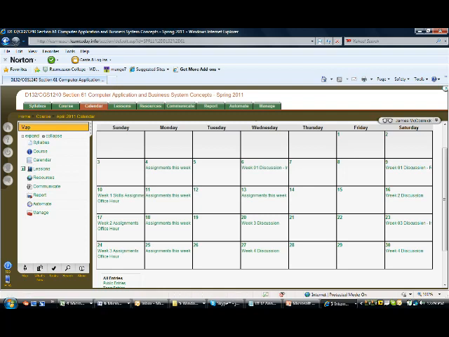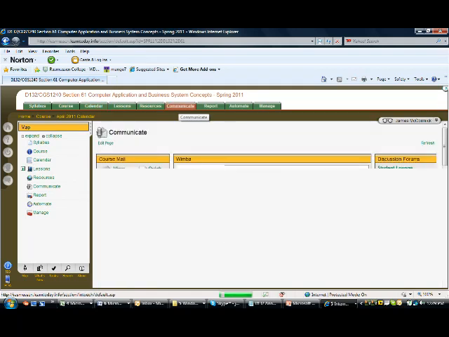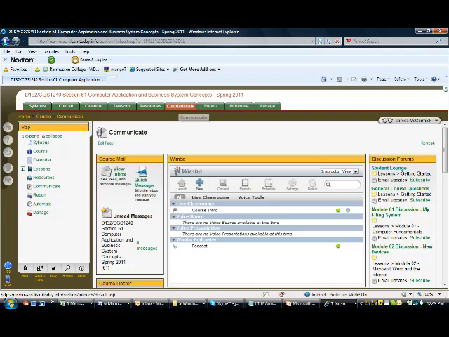Another big tab you want to be familiar with would be the Communicate tab. The Communicate tab allows you to get into WIMBA, and WIMBA is really our tool that we can use to, in this case, I'm recording this video through WIMBA, but also the office hour will be available through WIMBA. So if you look down here in this section, once you get into this Communicate tab, in the WIMBA section, you'll see the live classrooms area, and I'll actually have another one here that will be called